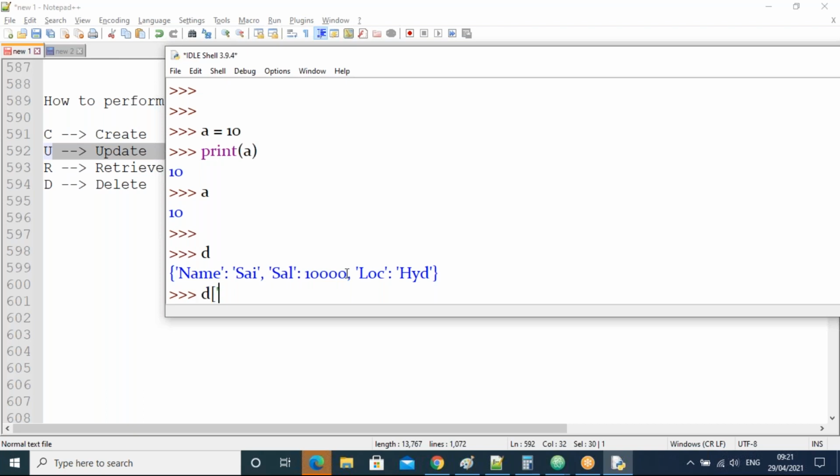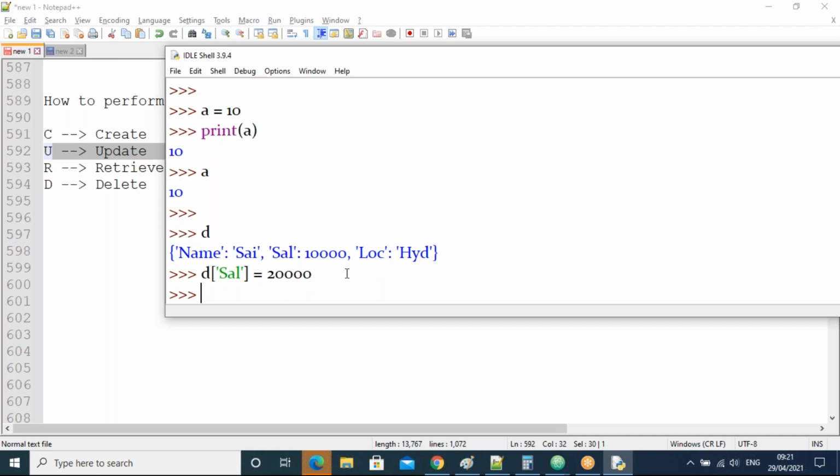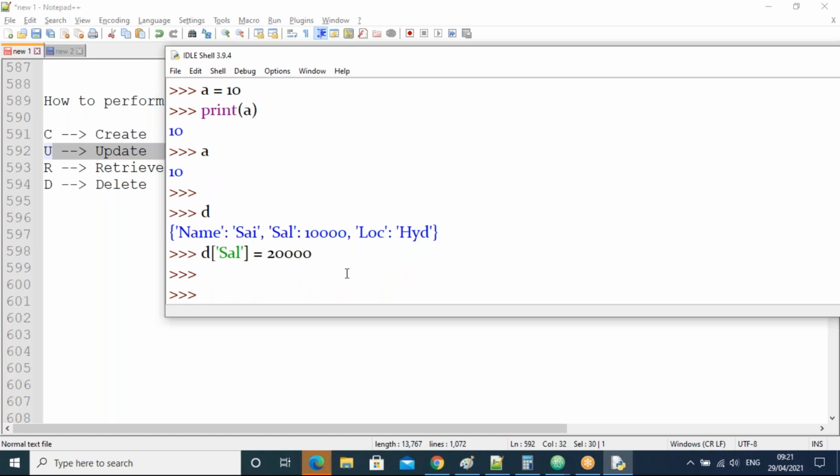One is d of sal equal to 20,000. This is one way of updating the values, guys. Now observe, what is d? 20,000.